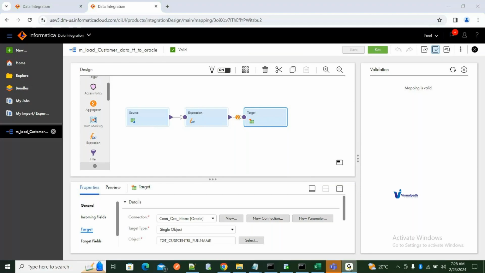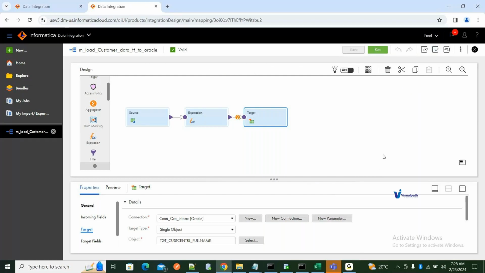Is this clear, understood by all of you? At runtime, the target will be created by Informatica, the IICS. The target would be created on the runtime itself, and it would create a table